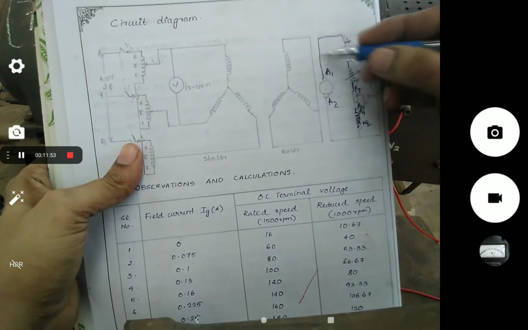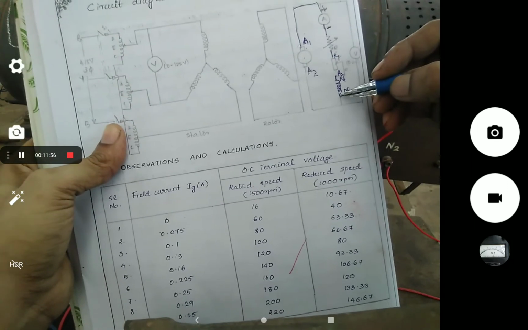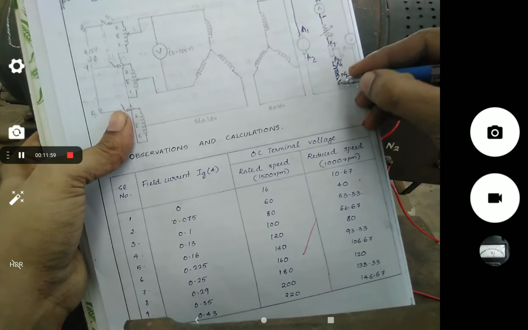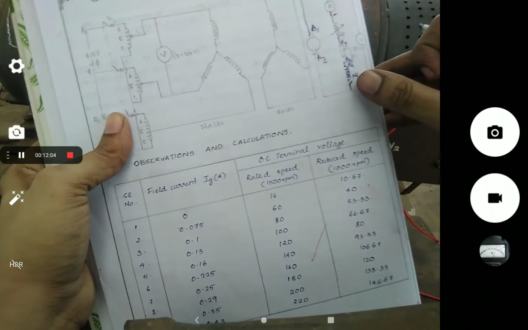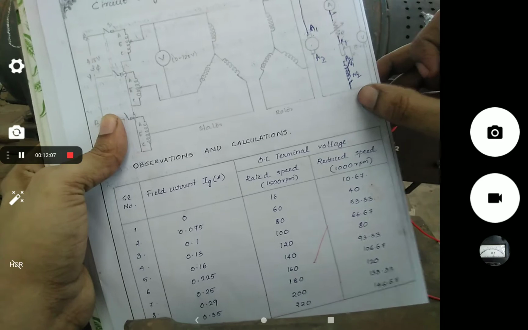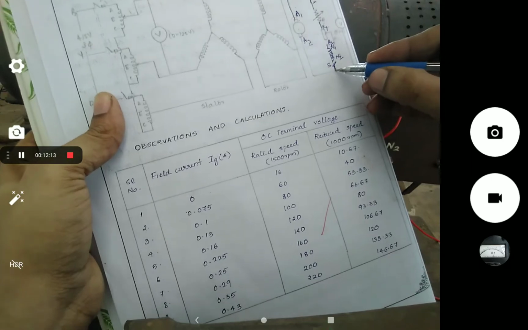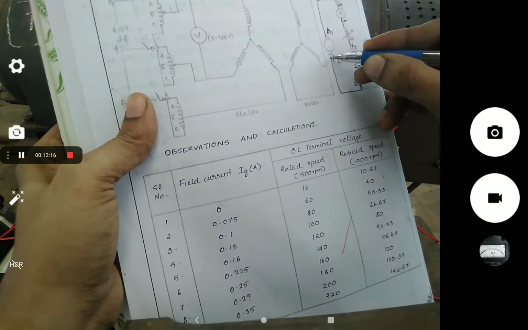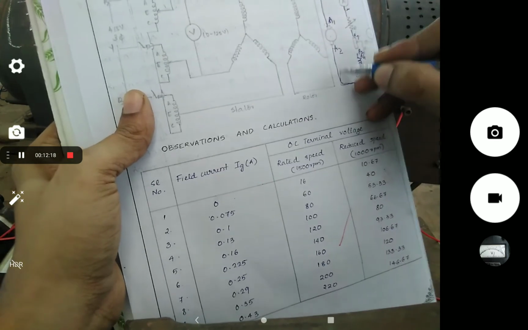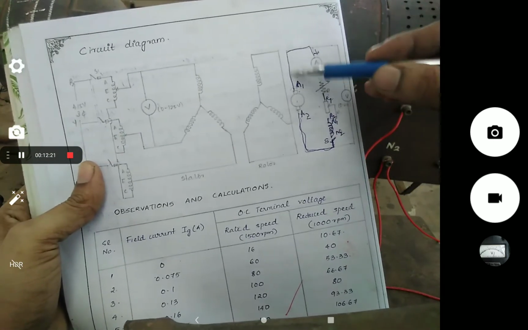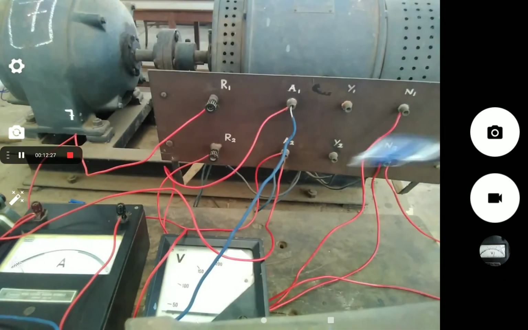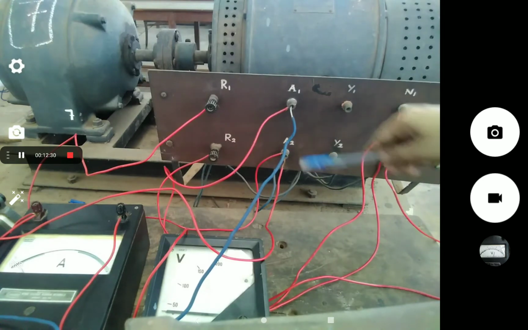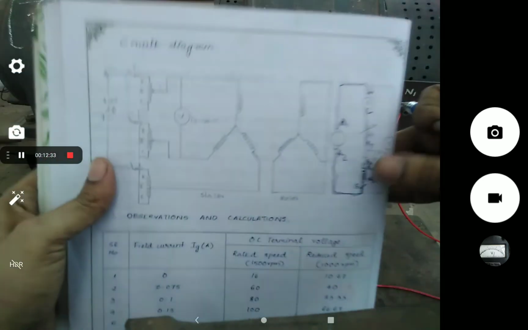First loop closed. You have started from A1 and you reached N2. Here a switch is marked for disconnecting the field. For getting residual voltage, we measure by disconnecting the field winding from the supply. That is why we are marking a switch here. But actually this N2 is connected to A2. So connect a wire from N2 to A2. Now you have finished this loop.